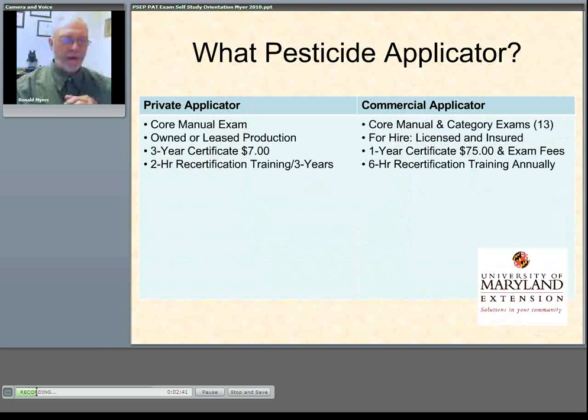To be a private applicator means that you're going to use pesticides on owned or leased production land that's under your control or lease. A commercial applicator would be one that does it for hire. So it's very important that we recognize the difference. If you're in a commercial business and become a commercial certified applicator, you're also going to be required to be licensed and to be insured in order to operate that business. And private applicators,